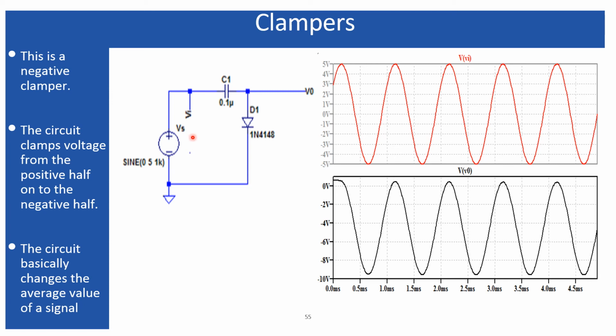Now I have applied a sinusoidal input instead of the square wave pulse. The sinusoidal input, you can see, is oscillating from plus 5 to minus 5, and the output voltage is oscillating from 0 to 10 volt. This one is just the transient state, and this one, after the output has settled, will be the continuous output.